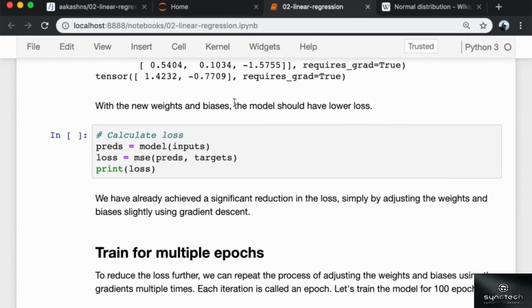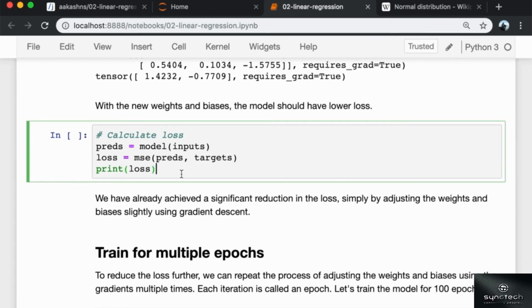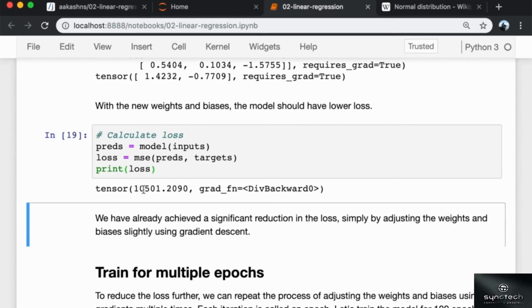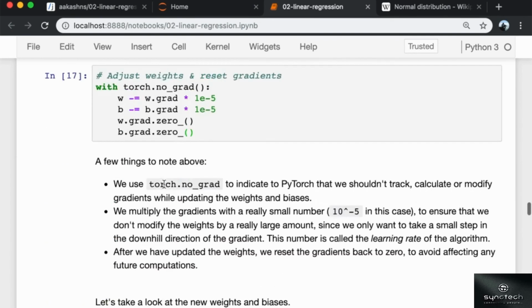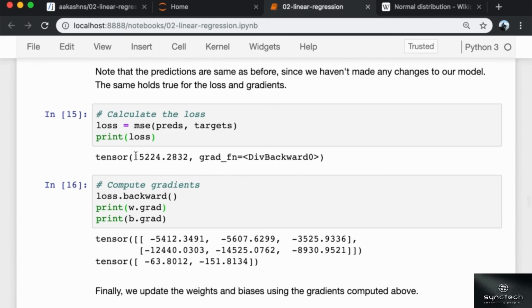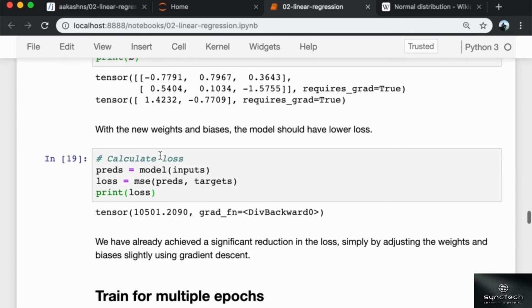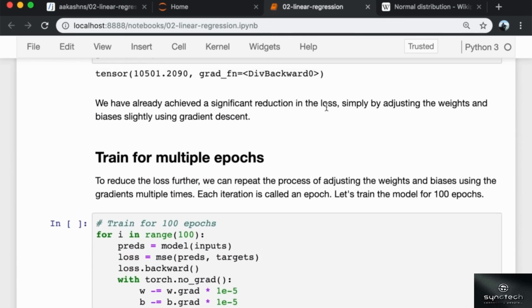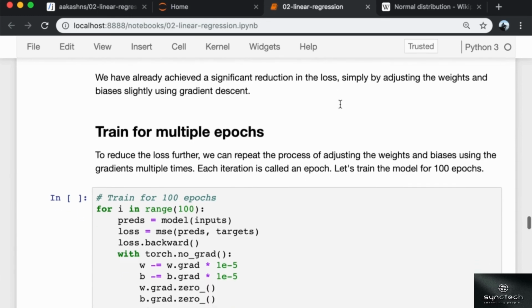With the new weights and biases, the model should now have a lower loss. Okay, so now the model's loss is about 10,501, and in the previous case the model's loss was about 15,000. So we have already achieved a significant reduction in the loss simply by adjusting the weights and biases slightly using the gradient descent algorithm.